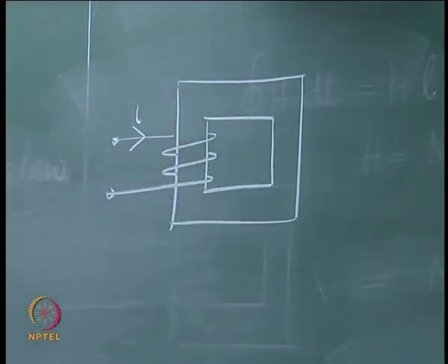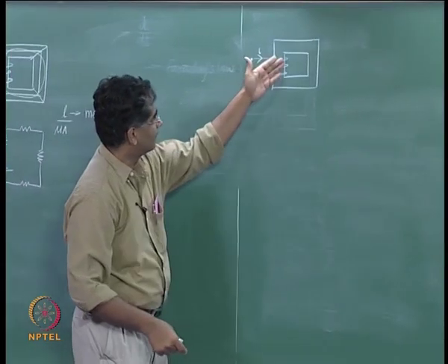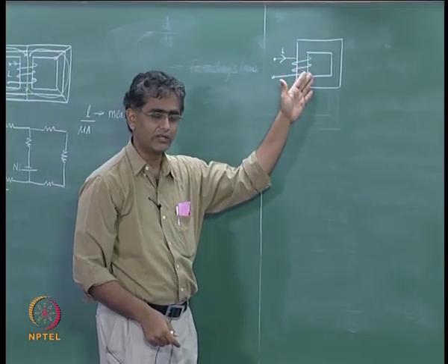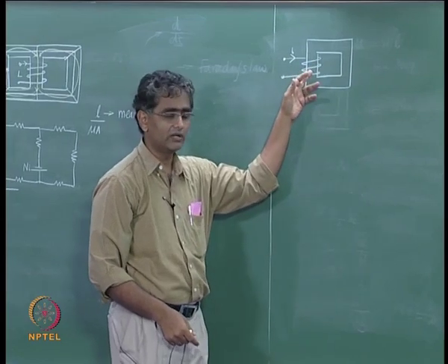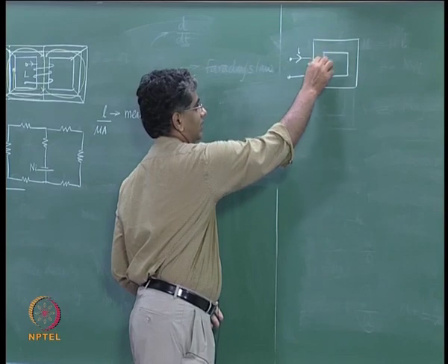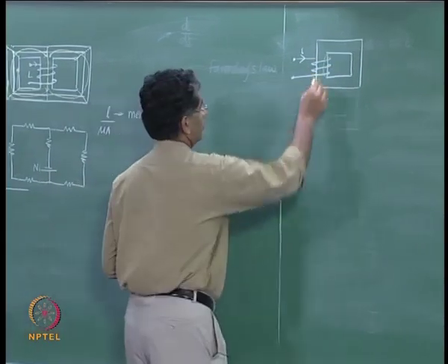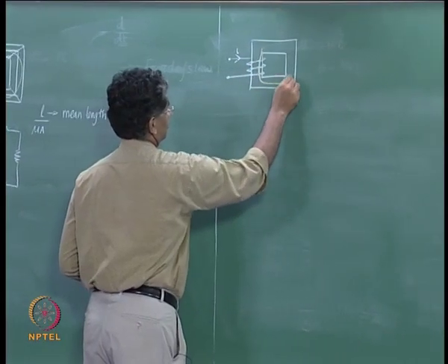We have been seeing it again and again. It is going to generate flux, and all of the flux generated by this excitation through this current I, all of it is going to somehow link these turns. Some of the flux lines will go through this core,